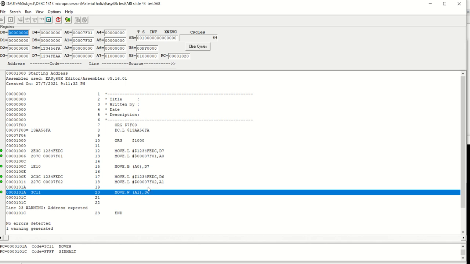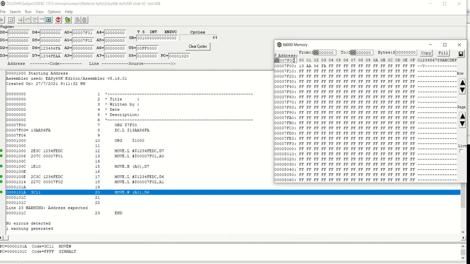Why did the value of the word size change to 56FA? Because you need to see the content inside the memory at the address. View the memory at 7F02. The content of the memory address 7F02 is 56 FA.